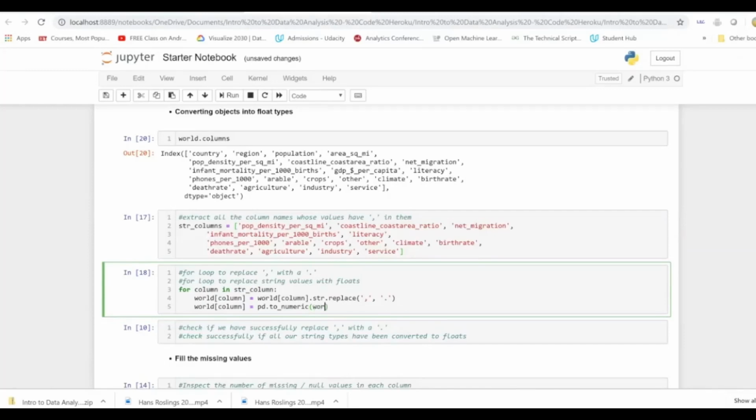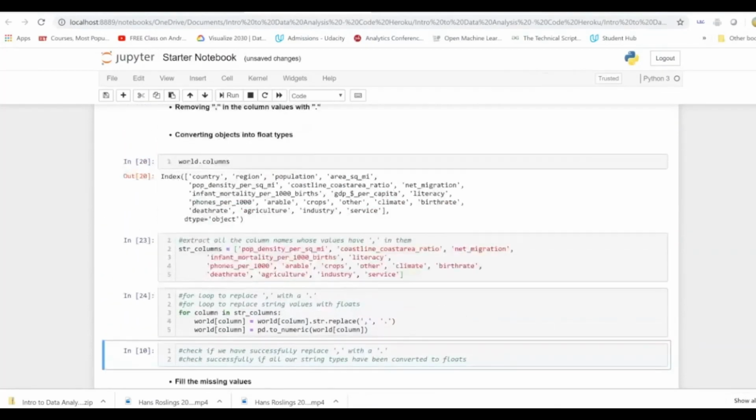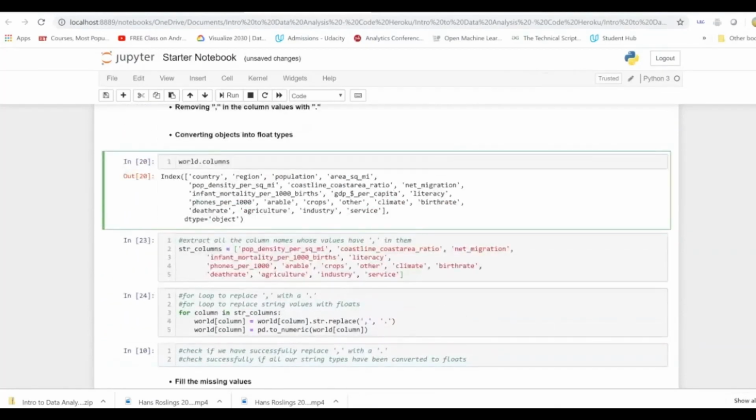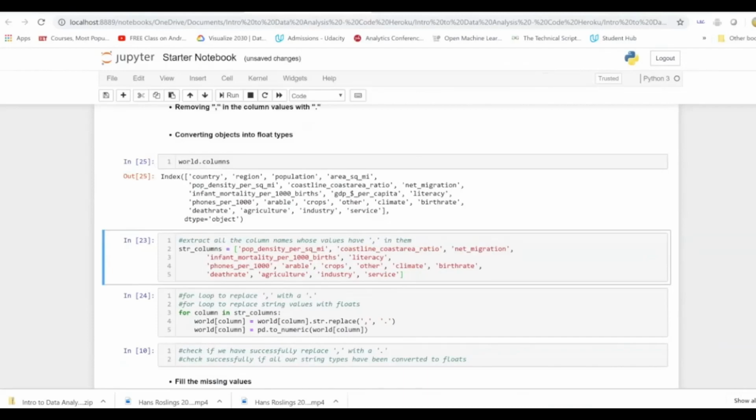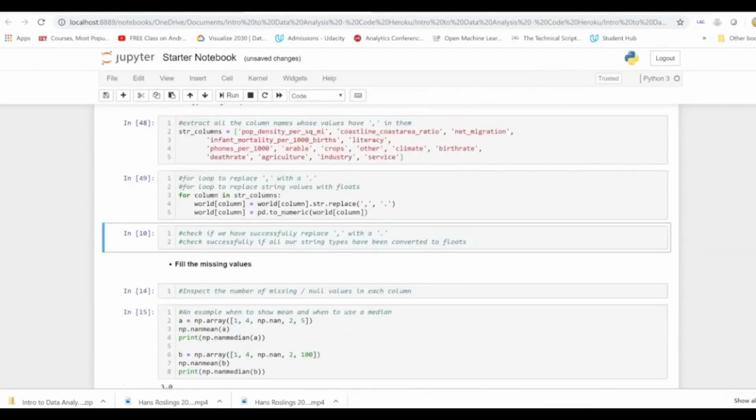I'll just be converting world column with pd.to_numeric. I should have written columns over here, that's my list name. So everyone, please make sure that for each cell you're browsing, you press shift and enter to run it, and again when you come to the next one. If you're getting errors like me, please rerun the whole notebook again. And let's check if all of our commas have been replaced with dots and if our values have converted themselves